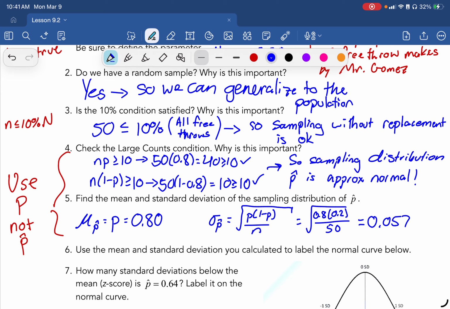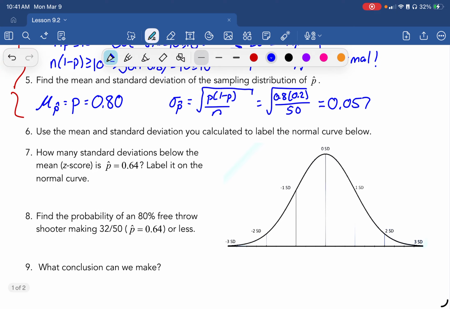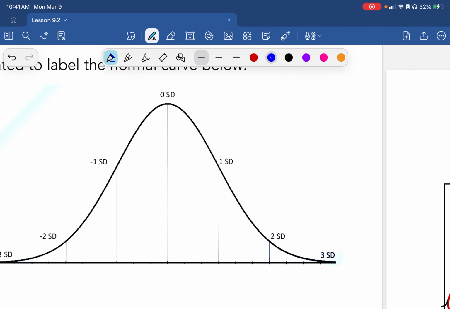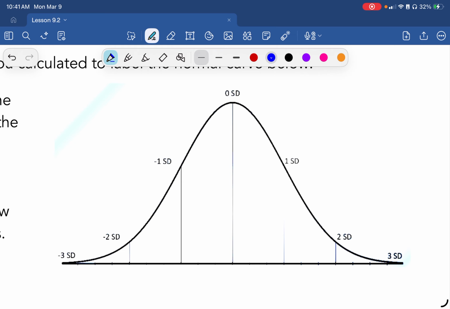Again, that's because we're just assuming our null is true. We want to do all this math for 0.8. All right, so now this kind of gets a little weird. We're going to use this for number 6. It says label this. So we have here our normal distribution with a mean of 0.8 and a standard deviation